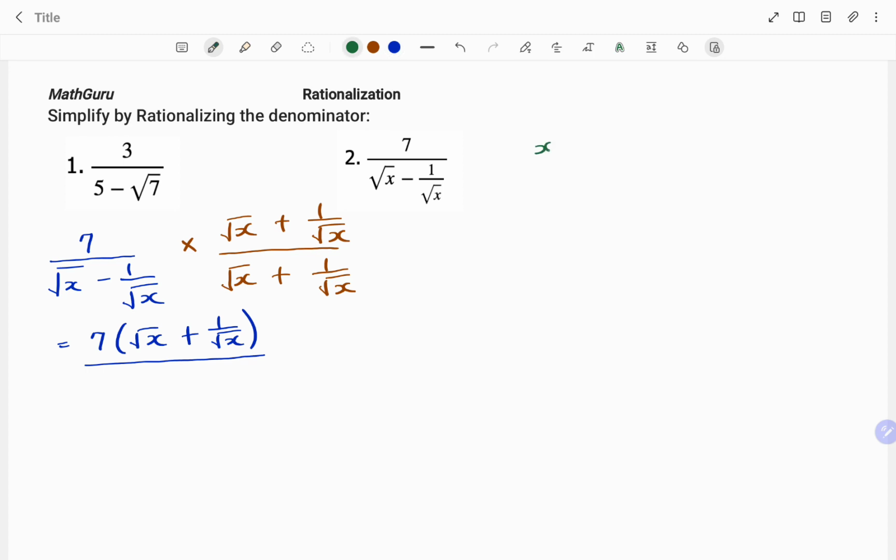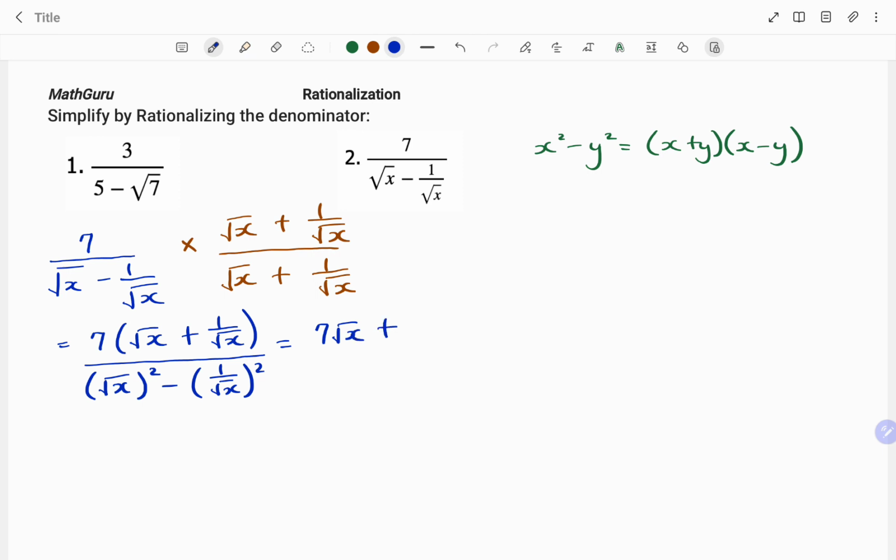If I have x squared minus y squared, factorizing, I have x plus y multiplying x minus y. So that will be root of x all squared minus 1 over root of x all squared. And that is going to give me, for my numerator, 7 root x